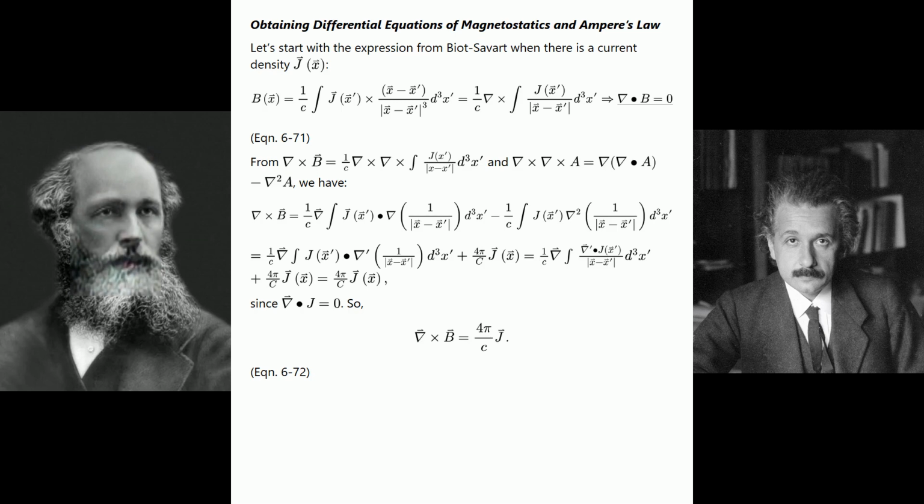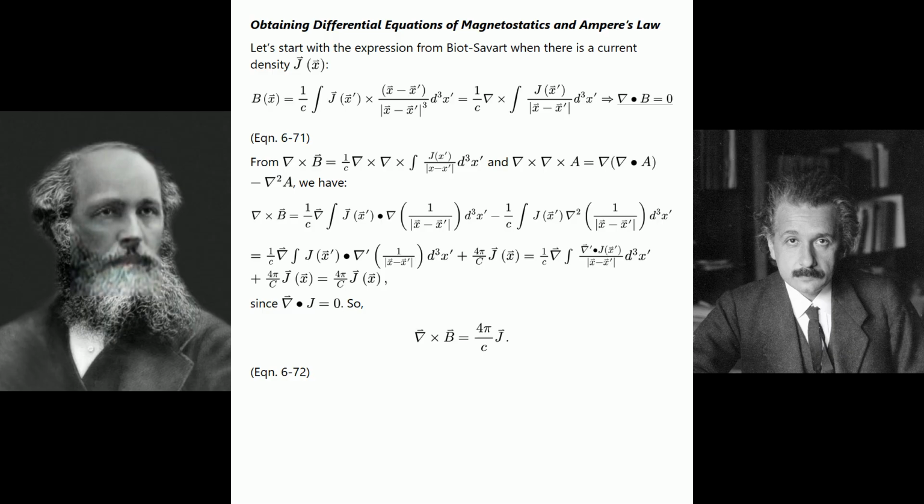Obtaining differential equations of magnetostatics and Ampere's law. Let's start with the expression from Biot-Savart when there is a current density J vector of x, equation 6-71. The gradient cross B vector equals 1 over c, gradient cross the integral from 2 of the fraction with numerator